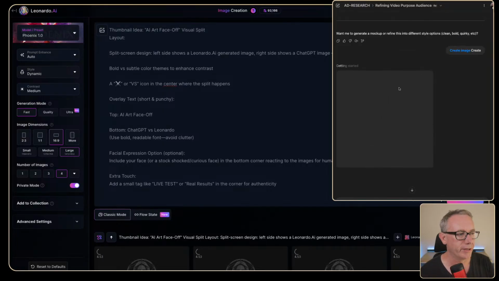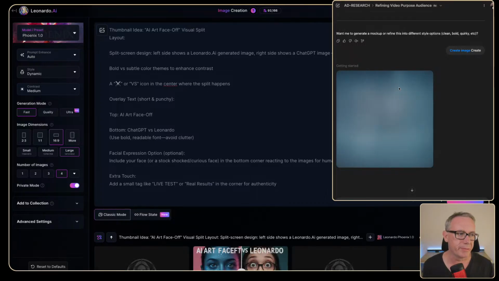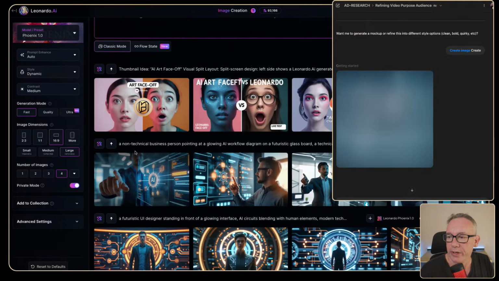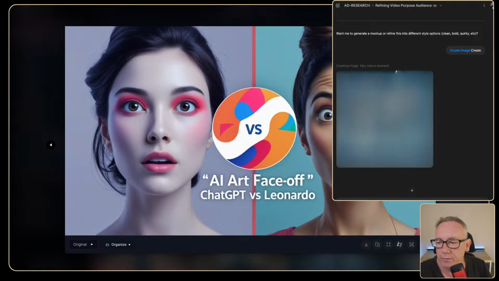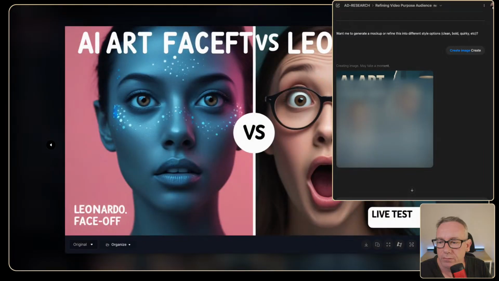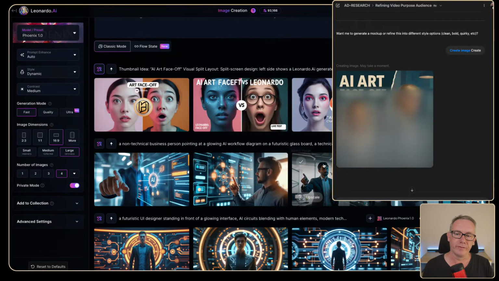One of the things I'm forgetting to do, and this is one of the things that you learn when you're using the different tools, I should be saying 16:9 because I actually want a wide aspect ratio on this image. Now this one's happening automatically because I've got 16:9 turned on. So anyway, what do we got? AI face-off. These are cool. Yep, that's okay. That would be cool for the video.